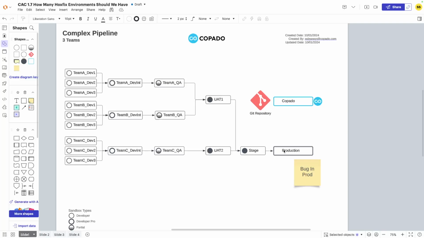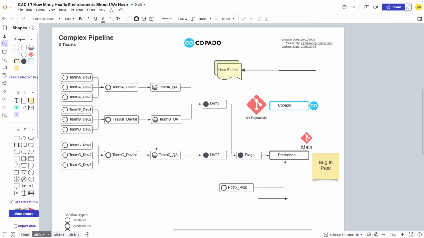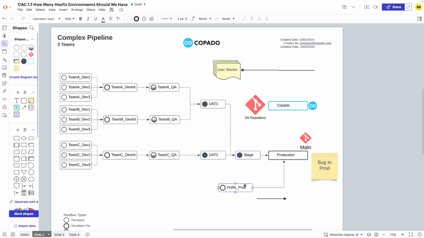So if you find that this bug is a high priority bug with a low impact, meaning a minor fix, low impact, high variability to quick, then you might create a hotfix environment. So if you create a hotfix prod, which could be like a dev or dev pro environment, it could be cloned from the production org, created very quickly, or you could have it pre-established. You could then have it in the pipeline in a very short amount of time and duplicate the bug in hotfix prod. And then once you've successfully validated it in this single environment,